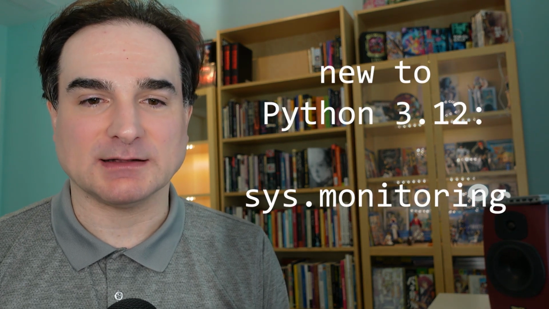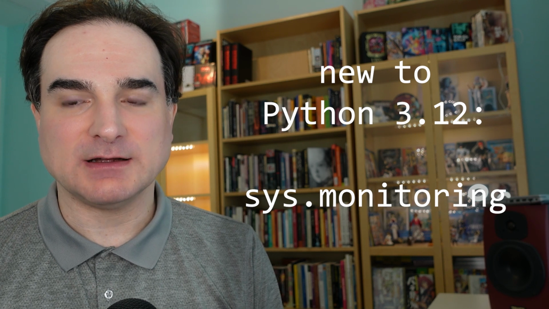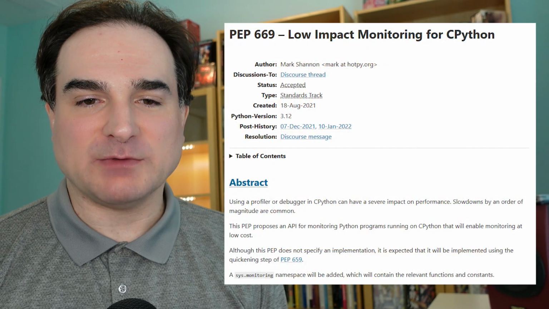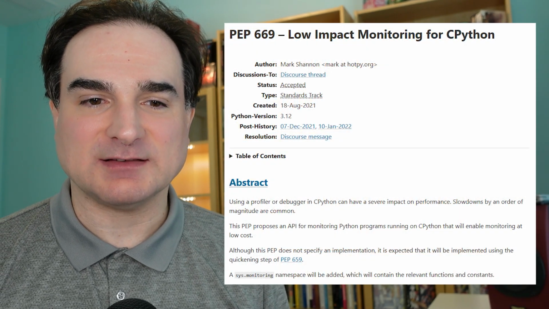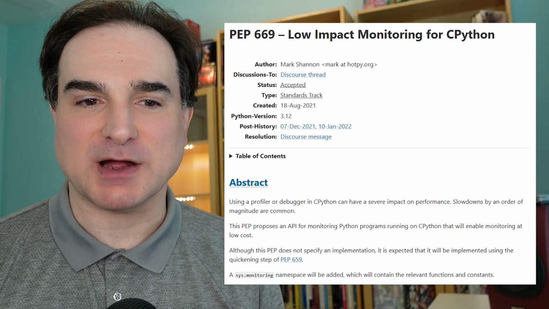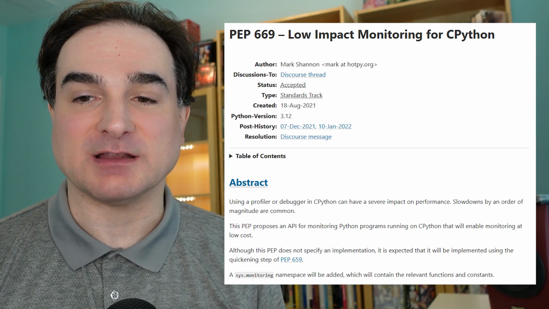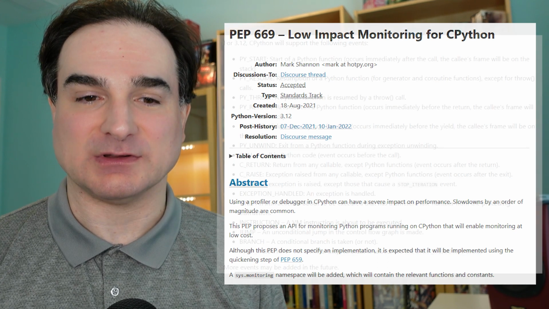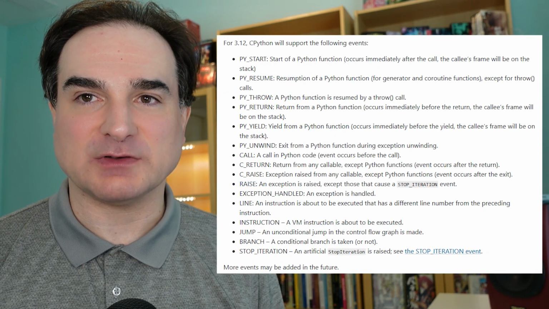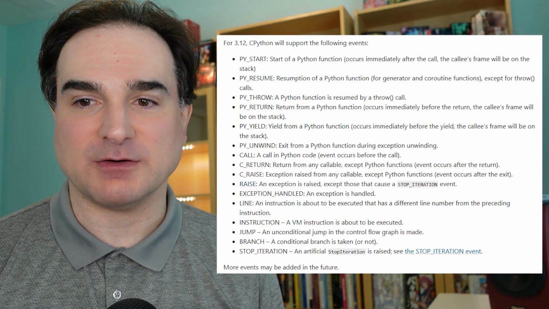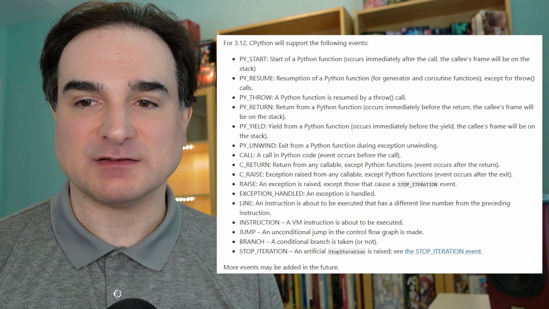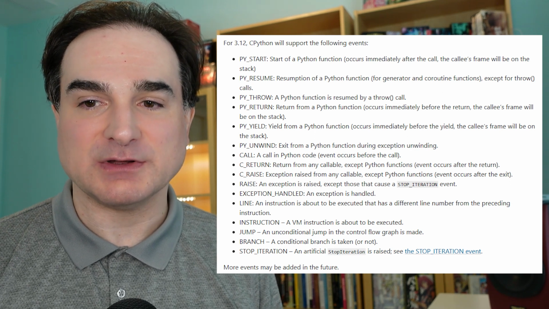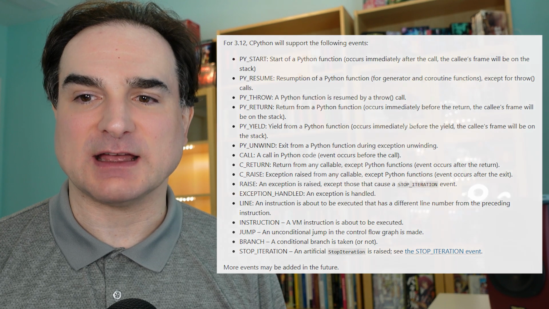This is a powerful and low-impact way to add profiling or debugging mechanisms to your code, or to Python generally. In Python 3.12, we got a new feature as outlined in PEP 669 called Low Impact Monitoring for CPython. And this introduced a new API for CPython, the Monitoring API, that allows the developer to hook certain events at the interpreter level. Right now, the API only supports hooking 16 types of events, but they are all very powerful and very useful. They make it possible for you to write sophisticated inspection tools that kick in not just at any one predetermined point in the code, but any of a whole class of points, like any function call.